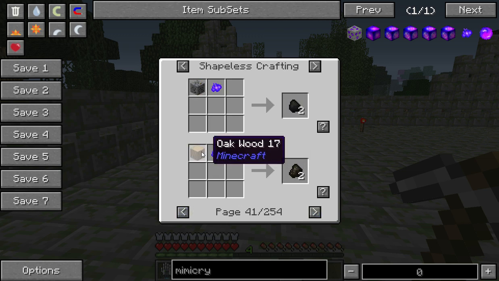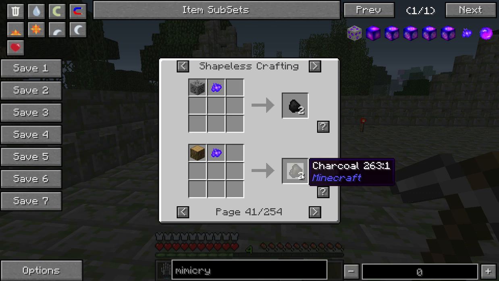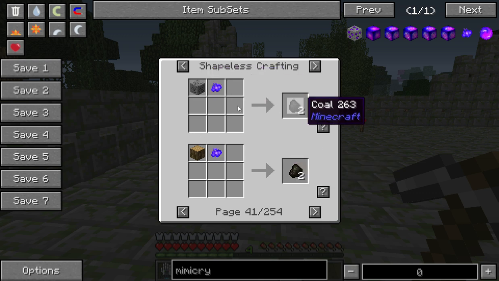And right here, if you put it in with some oak wood, it will smelt that. There's smelting recipes where you can make 2 charcoal. And the same thing with all these different things. You can smelt all this wood and stuff. But it's pretty cool. You can go through the game without ever even making a